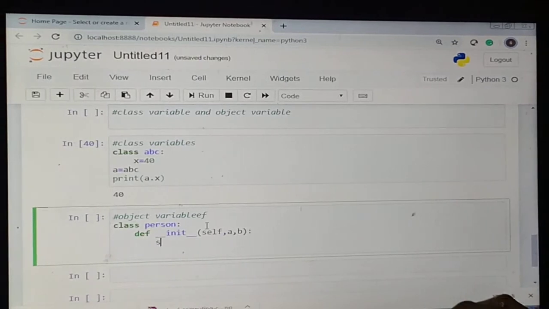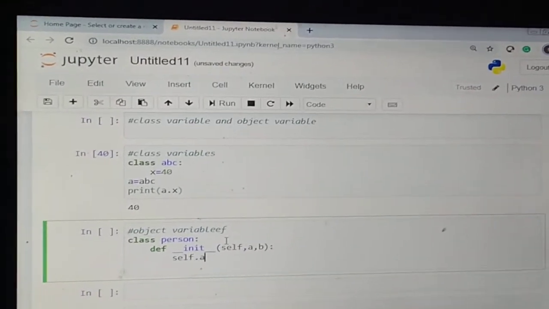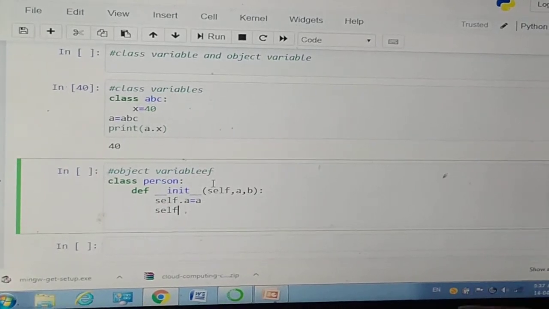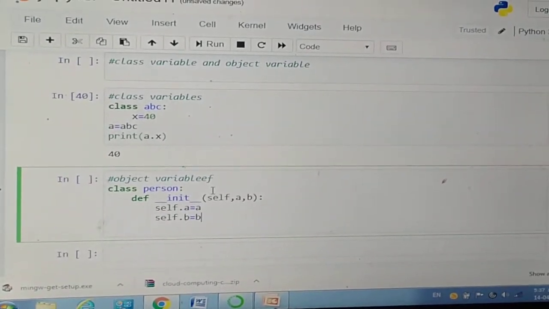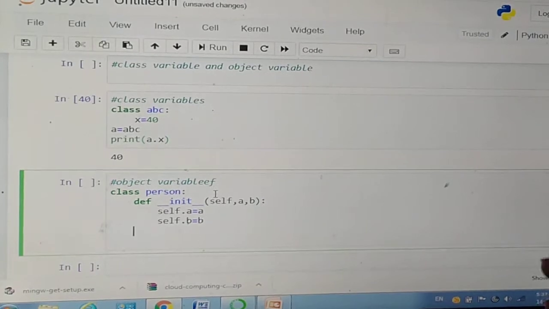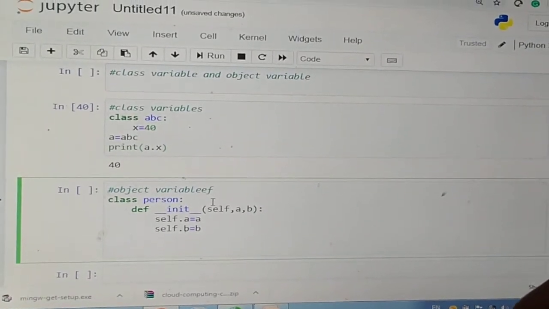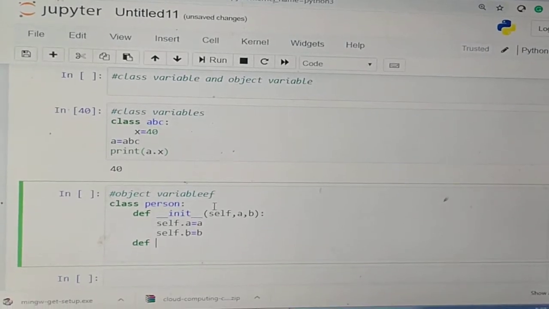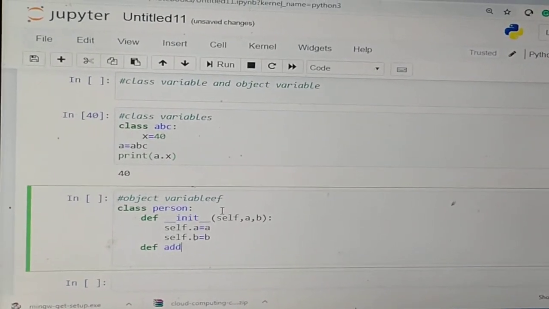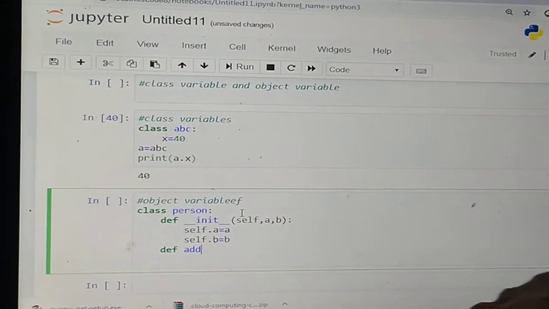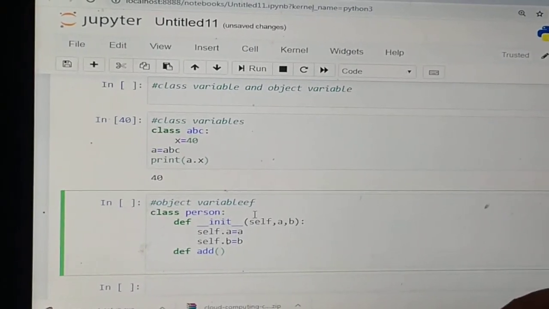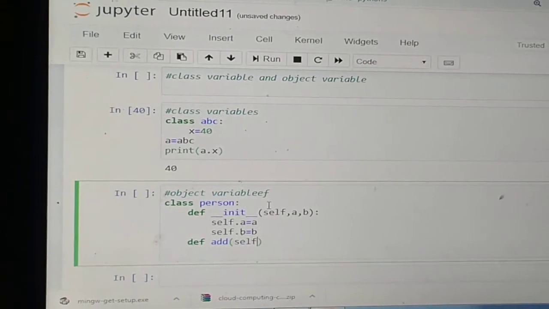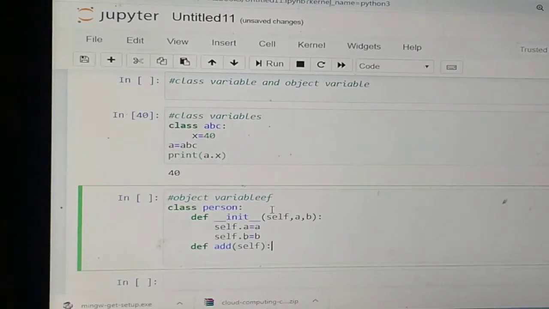So self.a is assigned by a, self.b is assigned by b, and let's define another method with self.